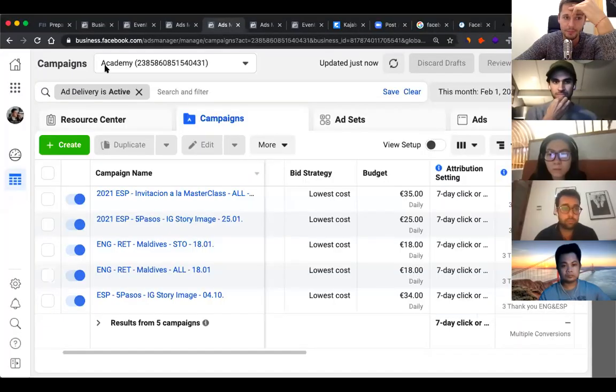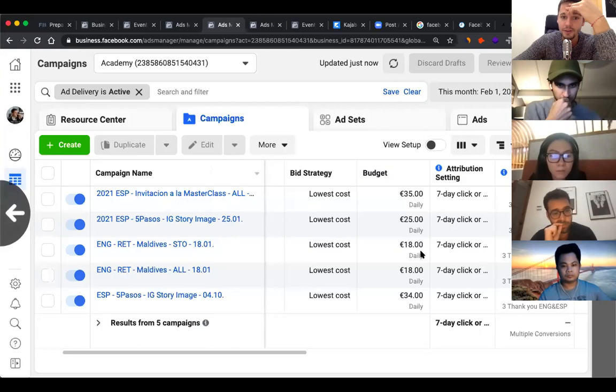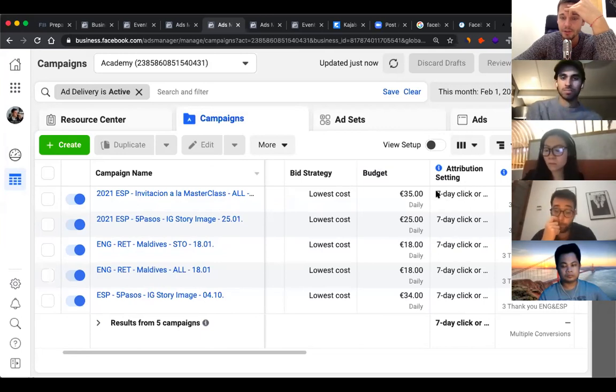So here, welcome to my ads manager once again. Here we have a couple of campaigns that are active, for example now in February. And as I told you, we're really doing some experiments now. The first thing that you have to implement in your dashboard, and Joel, I don't know if you have implemented it or not, but I recommend it.